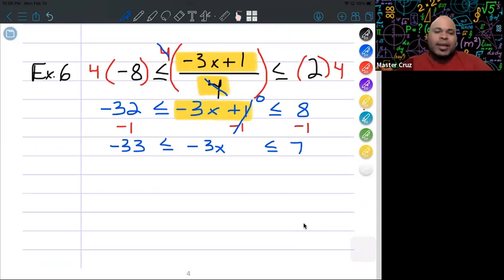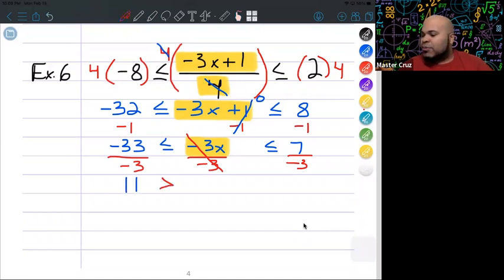So we're almost there. And our last step is to, hopefully you guessed it before I did, cancel that -3. And the way that we do that is we divide by -3 everywhere. Okay. So because we're going to divide by -3, this cancels, and you get a negative divided by a negative, which is positive, and 33 divided by 3 is 11. Now be very, very careful because we just divided by a negative number. We need to flip that inequality sign. It was less than, now it turned into greater than. The x is still here. Okay, we flip the inequality sign, and 7/3 does not change. So this is just